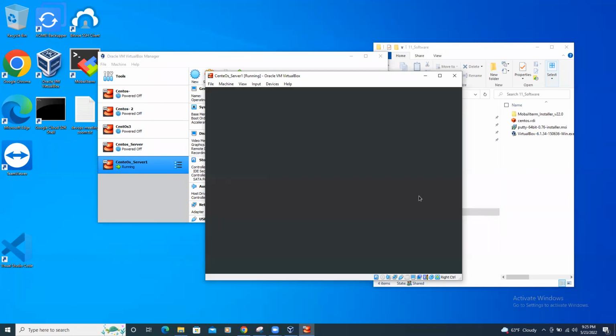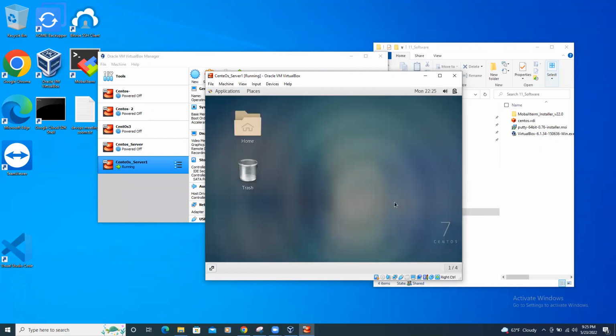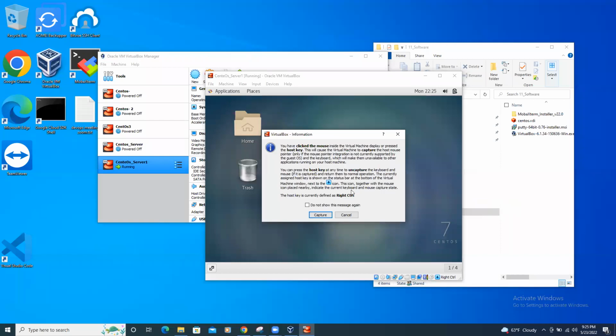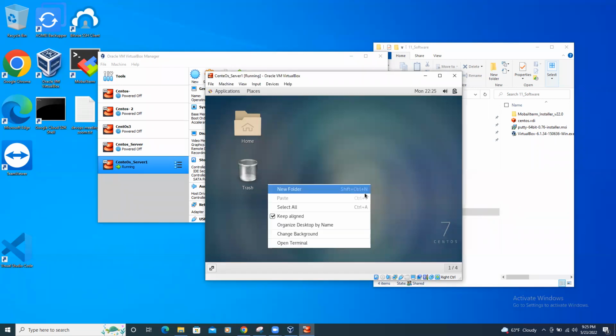To move your mouse outside of this window, you just click on the control button on your keyboard, and now I can jump out of that box. If you're using your mouse, once you right click, it will take you out of your box, and then you can use your computer in a normal way. And then you notice that this capture comes here, so you click on it to let it go. It's just giving you the process that I just explained,